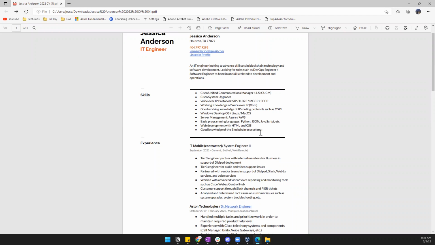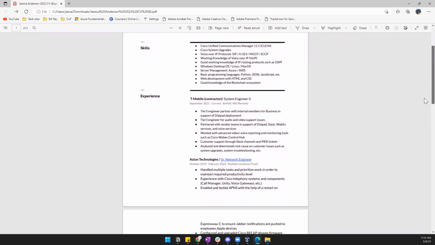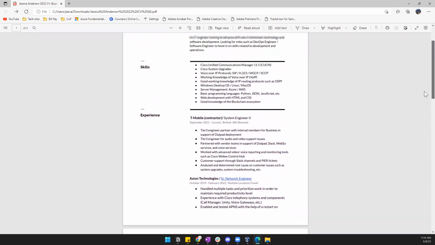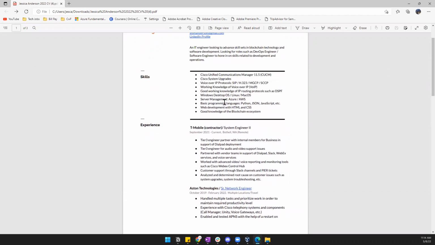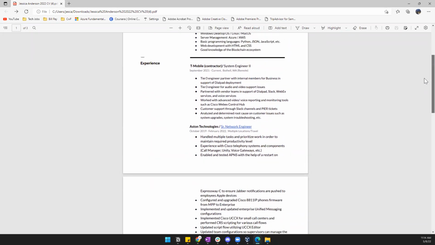Programming languages, I know a basic level of Python, JSON, and JavaScript. Web development, right? Because these two, HTML and CSS, are not programming languages, so I want to let them know that I knew that. And then good knowledge of the blockchain ecosystem. Again, these are high level of the things that you want to be in. Since I'm looking to get a contract in DevOps, my skills should reflect development and operations, which it does here. And then your experience is